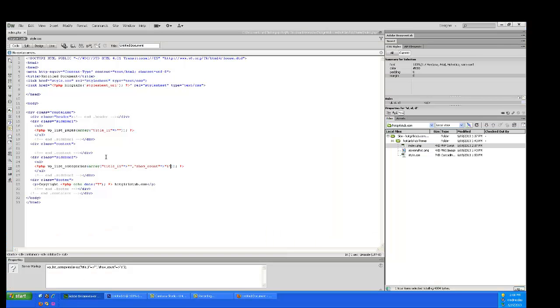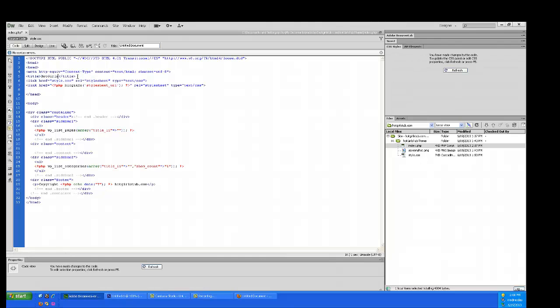Okay, the next thing we want to do is break apart our template. We want to break apart our template. No, we want to put the page title. Yeah, we got to get rid of this untitled document. So first things first, just put the name of your website up at the top. That's what I like to do. And then I like to put a bar, one of those little vertical bars. And then